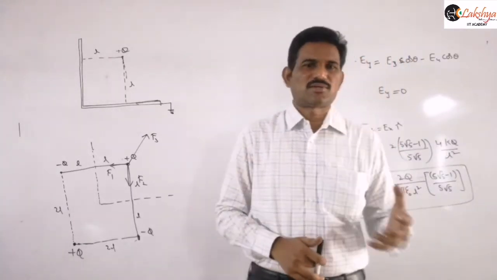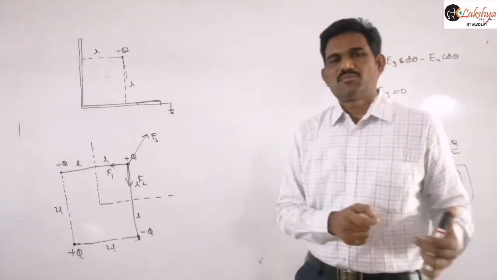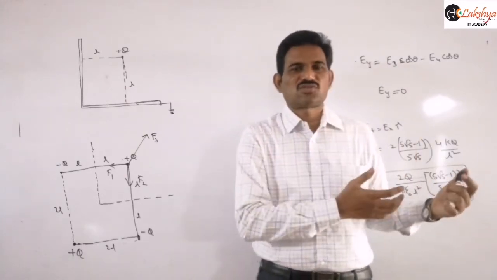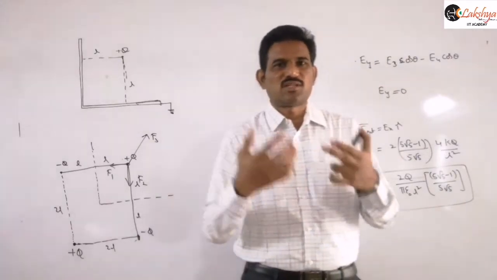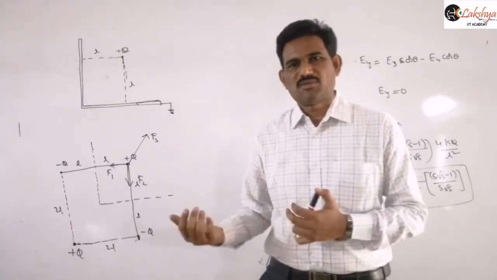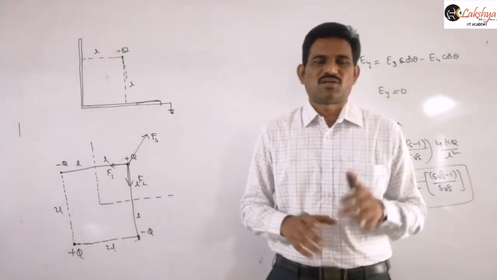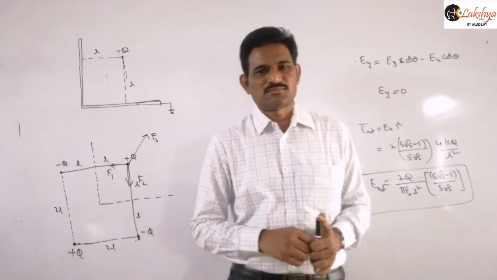I think all of you understand this method easily. We just take the image and do our usual calculation. That means we get a point charge configuration, and we just apply either the force or electric field formula, which we solved in the beginning of this topic. Similar problems we will get now, right? So with this class, we are finishing all the concepts in electrostatics.